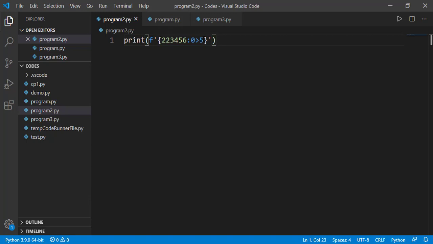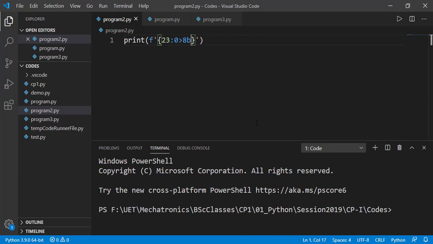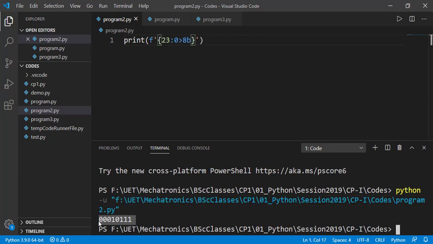While working on binary numbers, we usually have a register size or the length of a number. For example, in 1 byte size, we have 8 bits. So working on 8-bit binary system, we wish to represent the binary numbers in 8 bits by padding zeros on the left. So let's specify 0 padding and 8 as the size, and a number like 23 specified in decimal system. You can use 0b to specify a binary number if you want, but I want to represent the decimal number 23 in binary number system in 8 bits. So after this 8, I should write B to specify the binary number system. I am using padding, alignment and binary number system formatter here. And we have the binary equivalent represented in 8 bits.